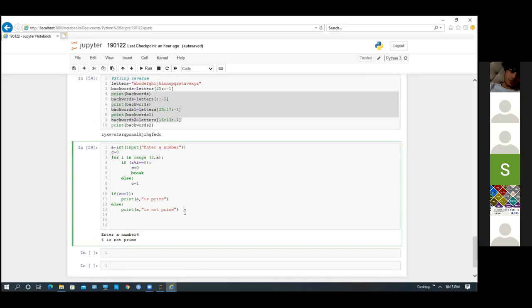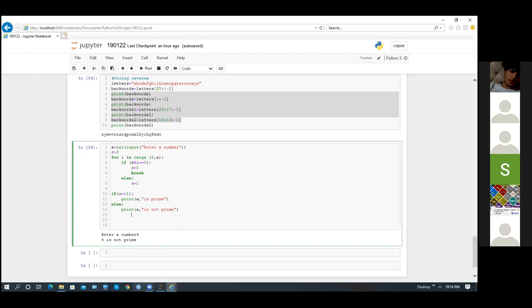you all write a homework where you will take a range. I need you to find the prime numbers and non-prime numbers in the range. Means if you print 1, it will show it is prime, 2 it is prime, 3 prime, 4 not prime, 5 prime, 6 not prime, like that. Okay, prime numbers in a range. Okay, this will be your homework.